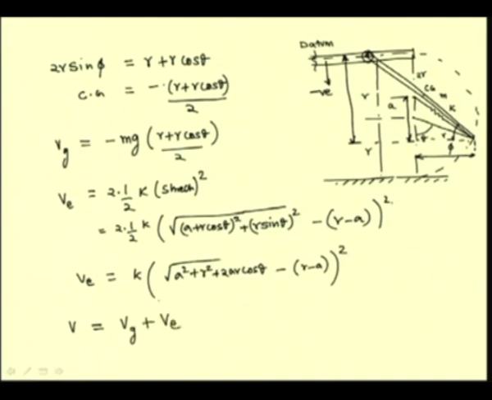So now this is a function of theta. We see that Vg is a function of theta as well as Ve is a function of theta. So, in order to find the equilibrium position, we have to find this dV by d theta and equate it to 0. So, if we will differentiate this, dV by d theta, it is equal to